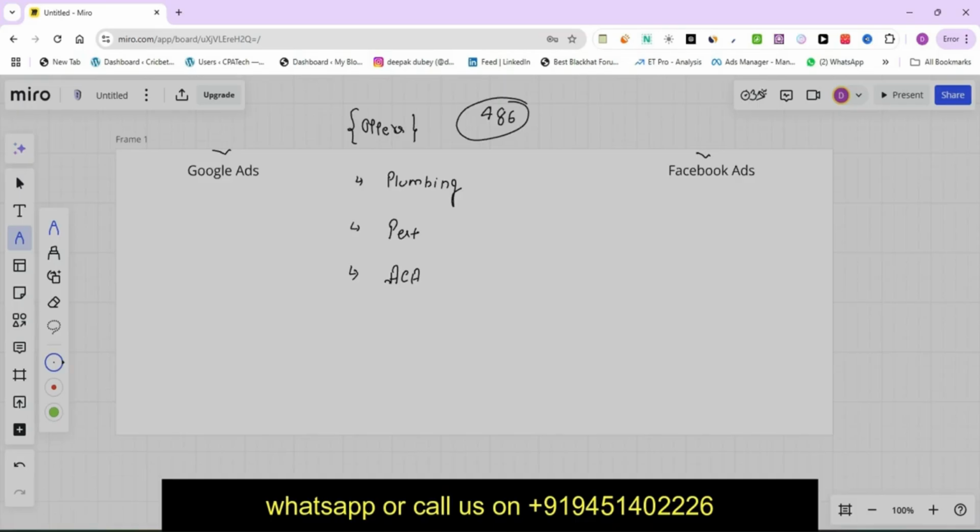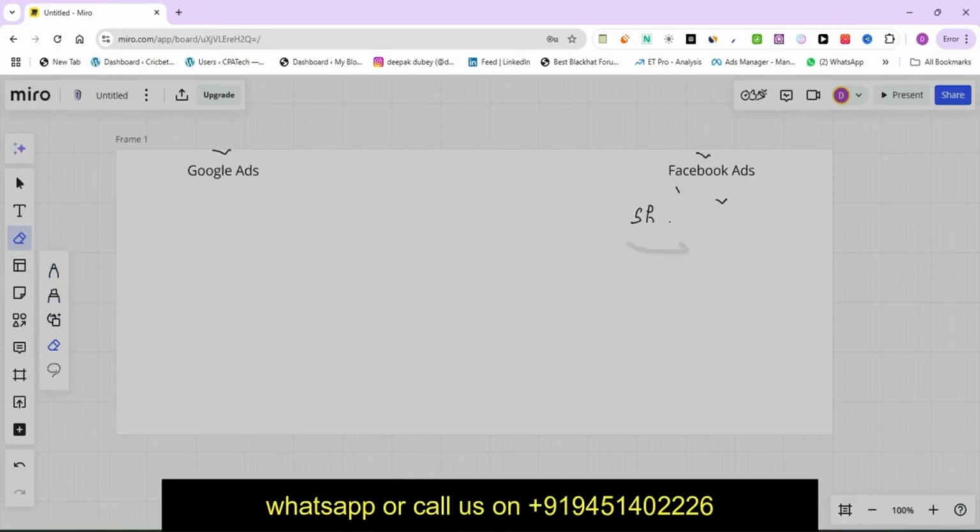So now, why am I running these ads and why only on Google? If you have seen my payment proof for pay-per-call from last year, then you would know that I ran a scholarship ad on Facebook. So why did I run the scholarship ad specifically on Facebook? Look, first understand how this works and how we can figure out whether we should run ads on Facebook or on Google. Let me first tell you the advantages of both and also mention some disadvantages.